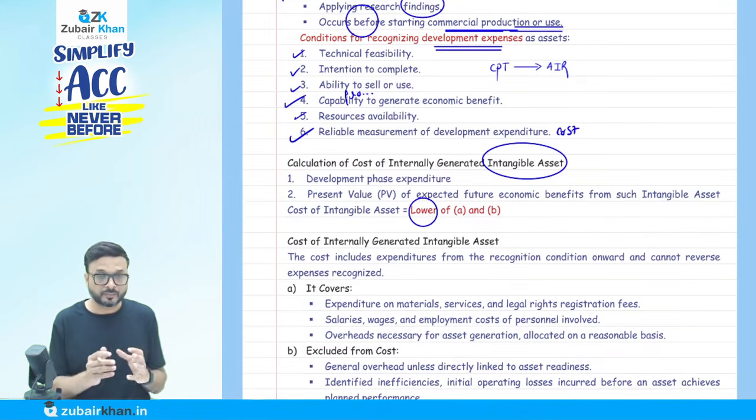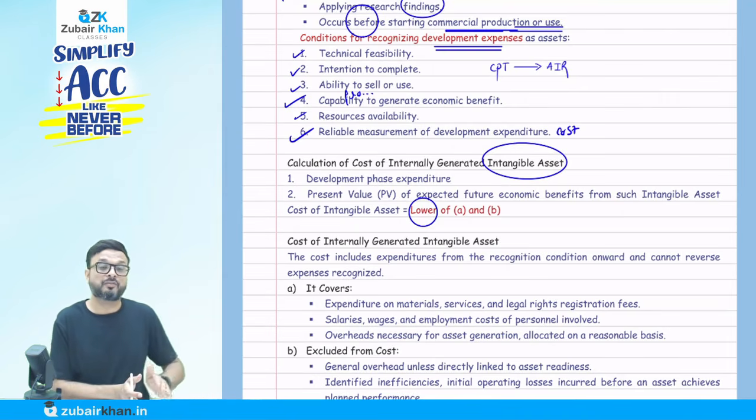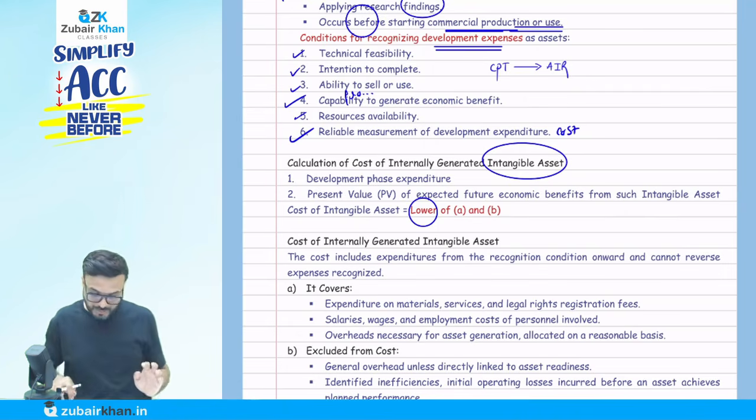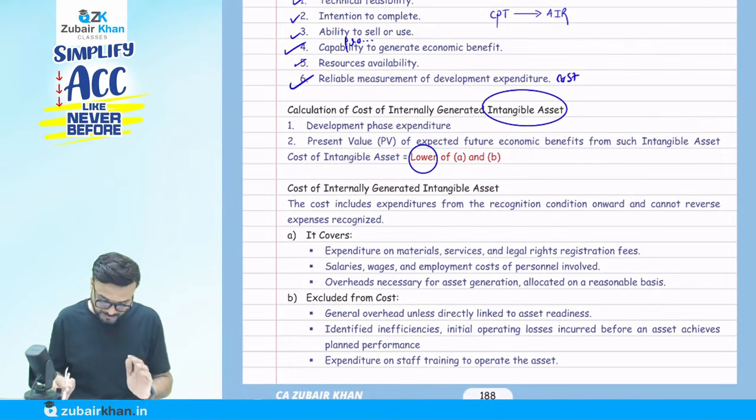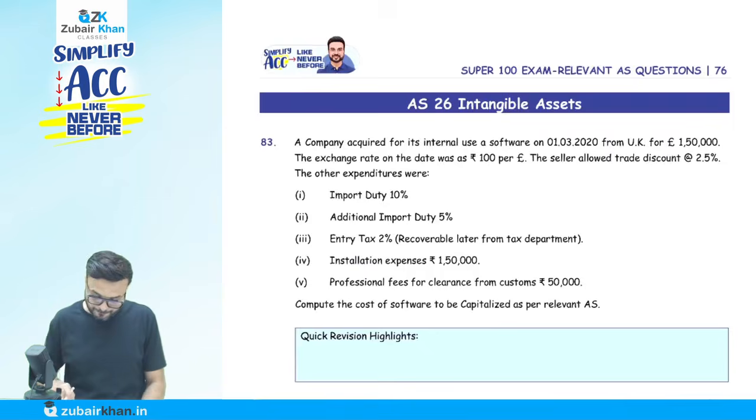It means the expenditure at the development stage or the present value of the future economic benefit from that particular intangible asset, whichever is lower, we have to recognize at that price. Okay. Now here, before we discuss further, come to the Super 100 questions, question number